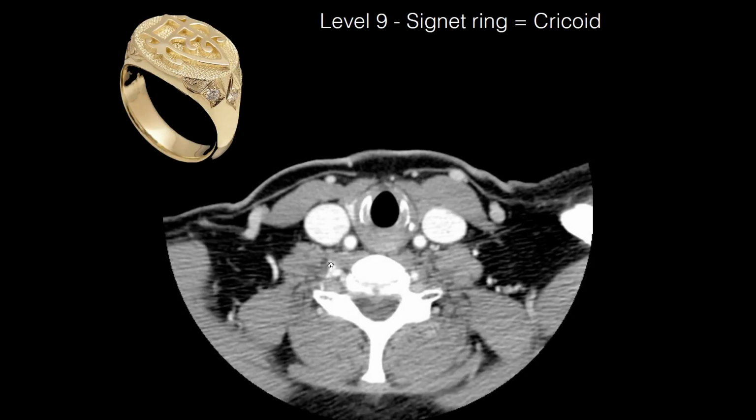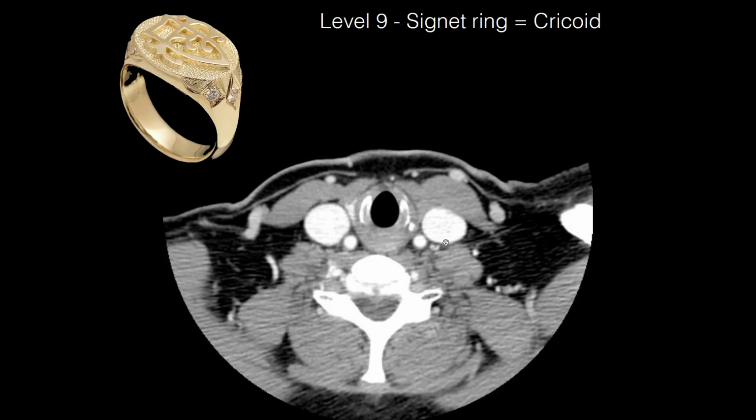Then finally we get to the cricoid, the only complete ring in the airway. And at this level, note that the mucosa is really thin. There should not be any soft tissue. So this helps you detect the cases of, say, Wegener's with inflammation of the subglottic larynx or small tumours of